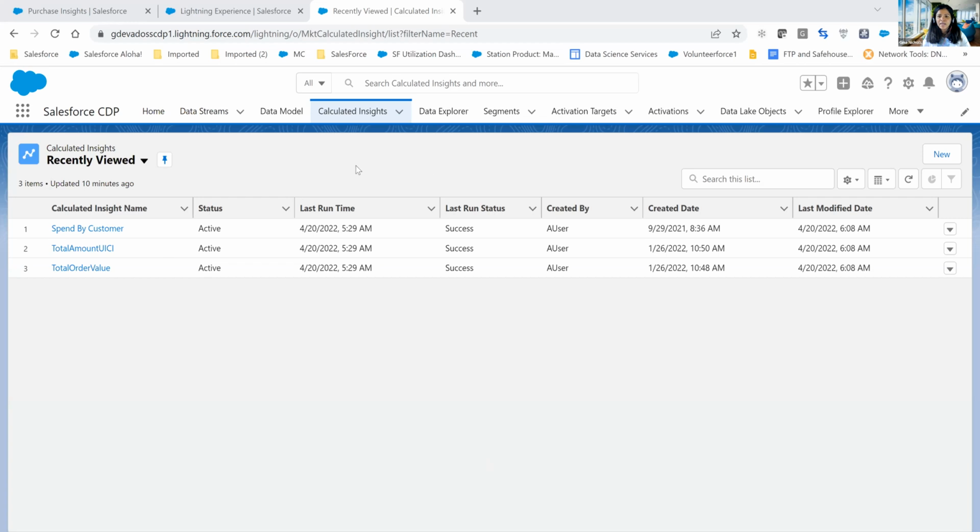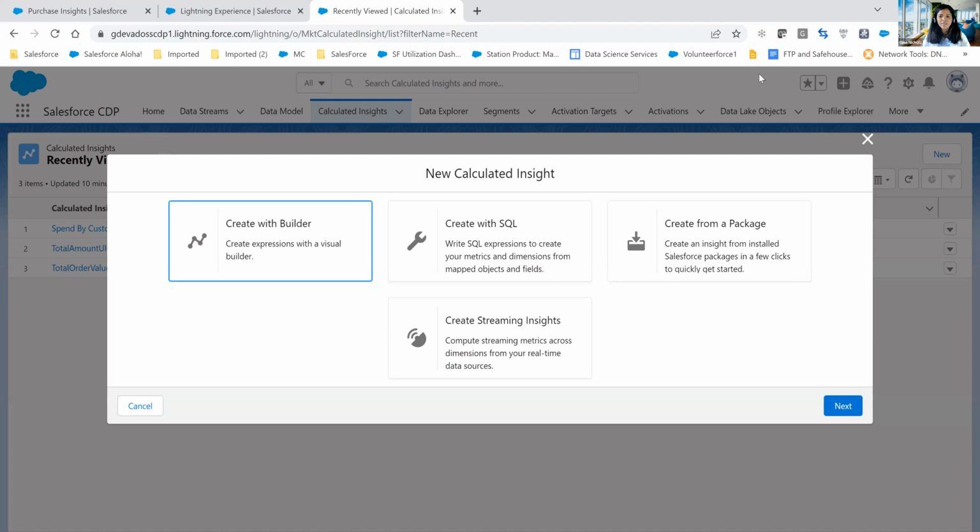What I'm going to do right now is walk you through the UI for calculated insights. As you can see, I'm here, and you have an option to create. When I create a new calculated insight, these are the options I get. You can create with Builder, which is a drag and drop interface. Calculated insights use SQL, sorry, a disclaimer, I should have said that already. You actually create calculated insights using SQL, but if you're not familiar with SQL, we have a builder, a drag and drop interface where you can build your calculated insights.